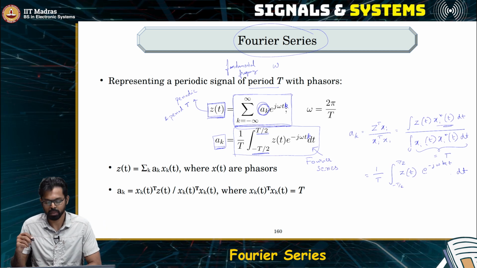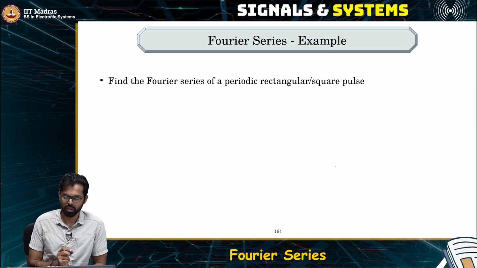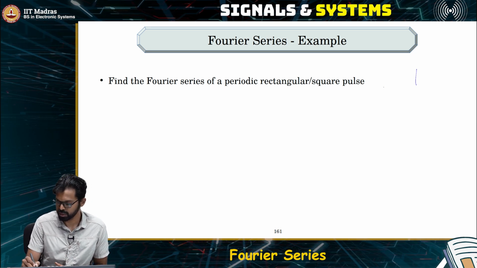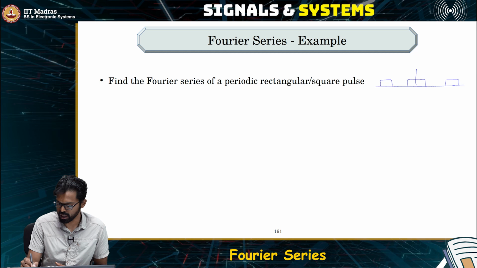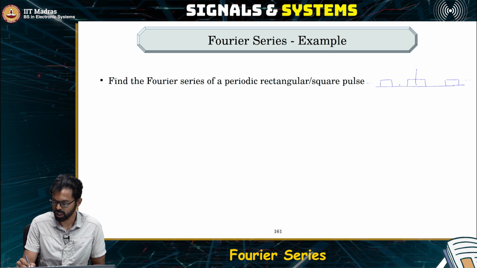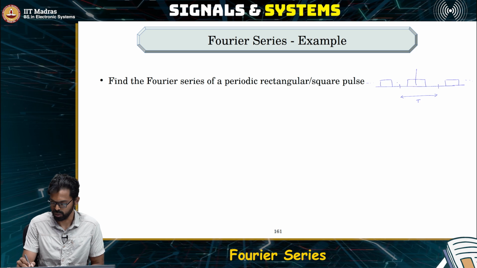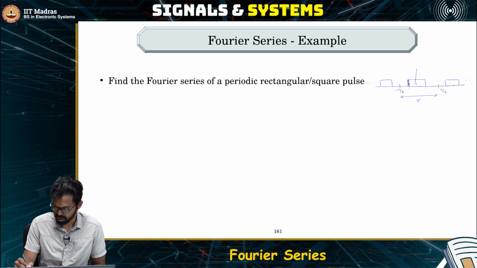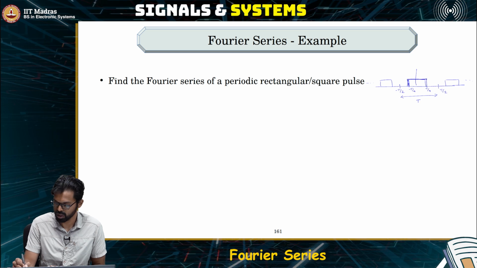So let's see an example. Let's say we want to represent a rectangular signal or a square signal in terms of its Fourier series decomposition. In other words, let's say we have something like this. Of course, it has to be periodic, only then can we compute the Fourier series. That's the current choice of eigenfunctions. So let us assume that it is periodic with some period capital T. This is minus T by 2 to plus T by 2. Let us say this is minus T by 4, this is plus T by 4, and this is, let's say,